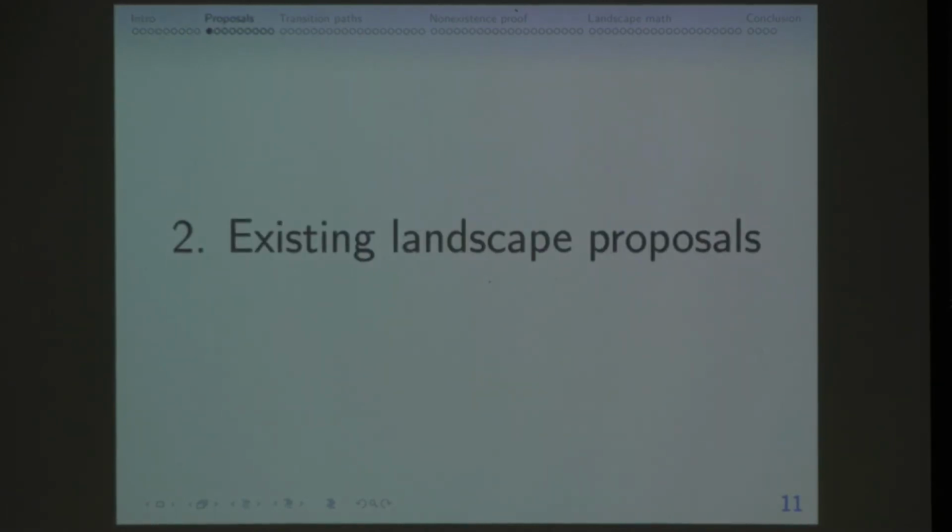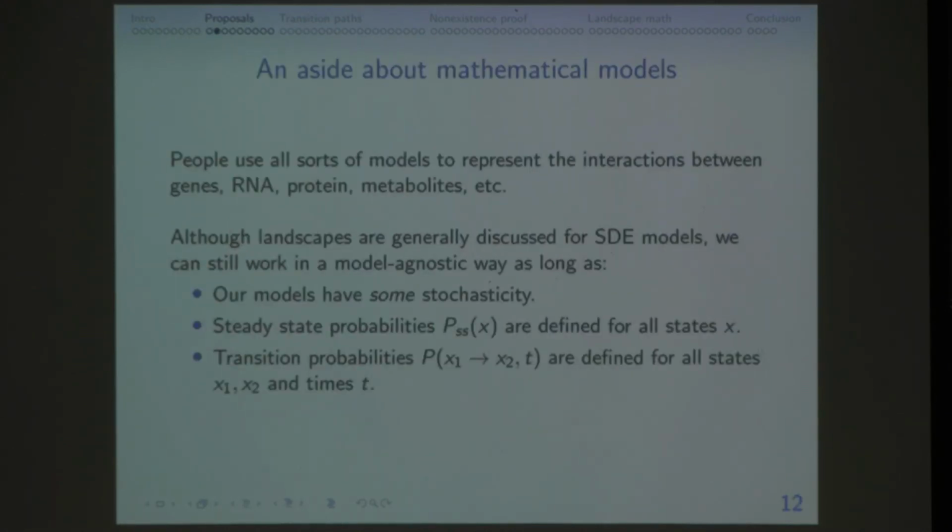So let me tell you something about the landscape models that people have published. Beforehand, I should say that we have to restrict ourselves to certain kinds of biological models. In particular, if you're trying to model the interactions between genes and mRNA and proteins or whatever, you have to let your model have some sort of stochastic component, because otherwise there's not really a notion of jumping between different attractors. In a purely deterministic system, once I fall into an attractor, I stay there forever. And that's not consistent with real biology. So the models that we're going to think about have some sort of randomness to them.